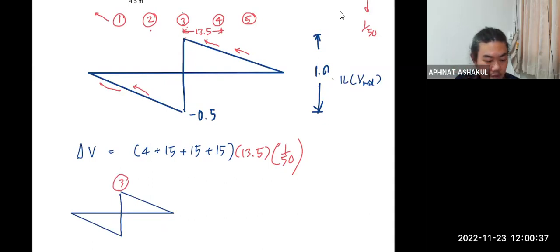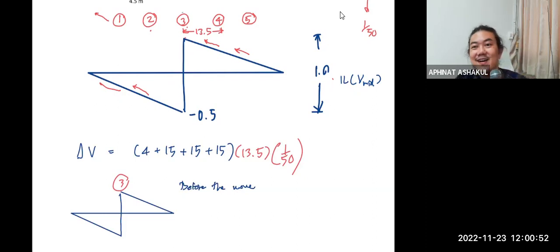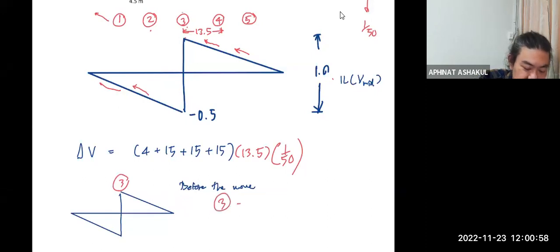You need to try to read this before the move. Before the move, load number 3 gives you the positive shear equal to,